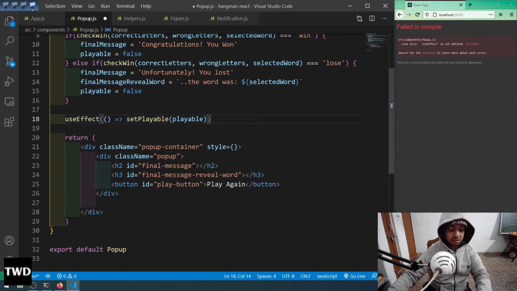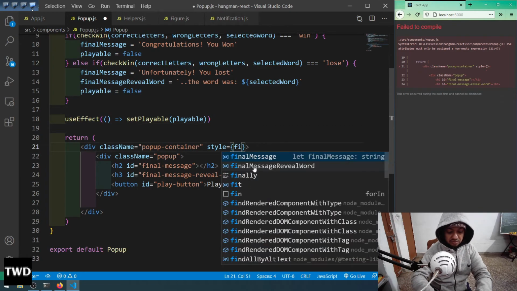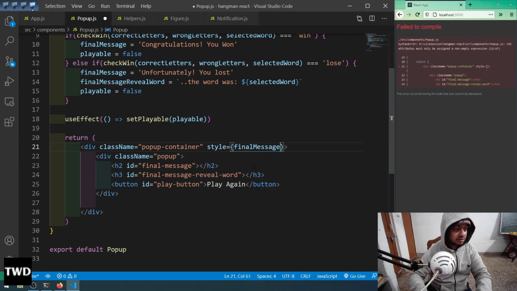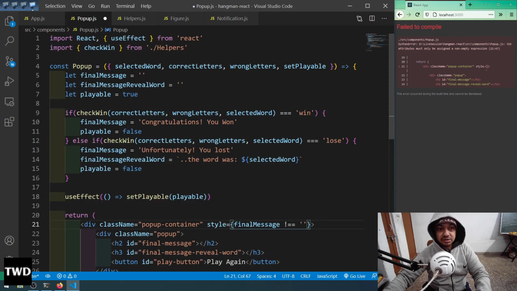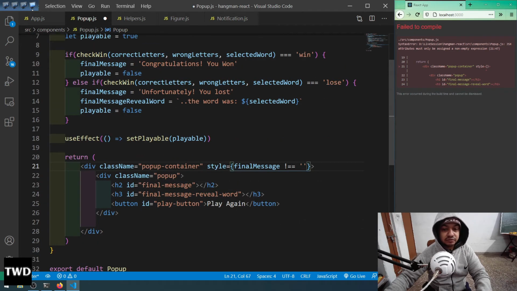Okay, style I'm going to do anyway. So final message is not equal to empty string. So final message first is the empty string, so this will only run if any of them is true. Okay, so final message is not equal to empty string, then